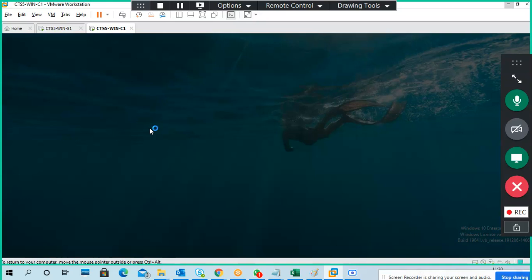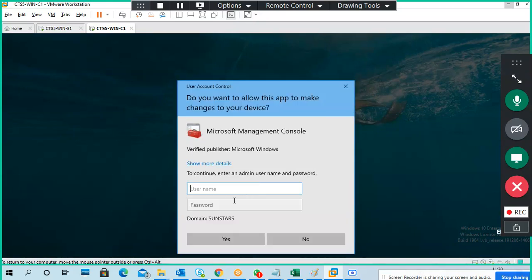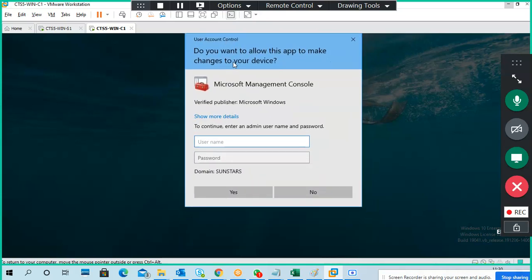I don't know why my Windows 10 has become very slow. Now when I said run as administrator, it is asking for the admin account and password, like the administrator server password, because it's in the domain, right? Then you click yes, it may open.